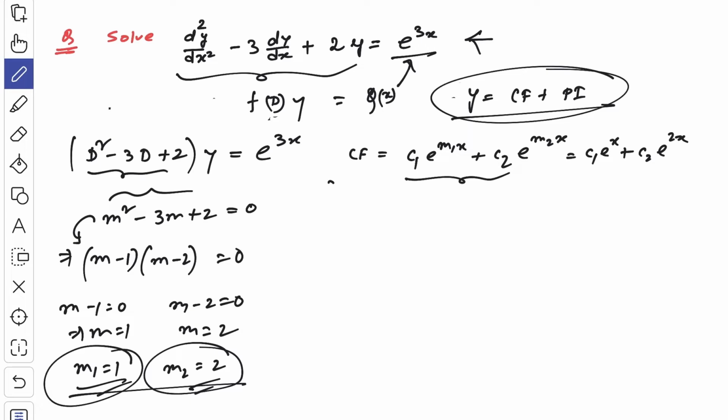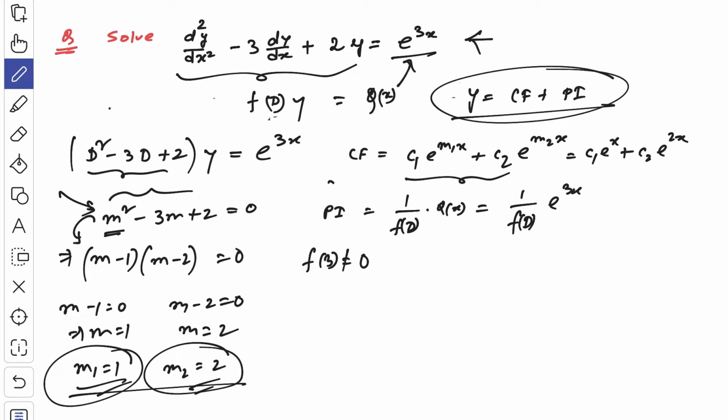This is our CF. Now PI is given by 1 by f of D into Q of x. Here Q of x is e to the power 3x. So first let me check whether f of 3 is equal to 0 or not. If you put m equal to 3, what will you get? We are not going to get 0, because here we have only got two roots